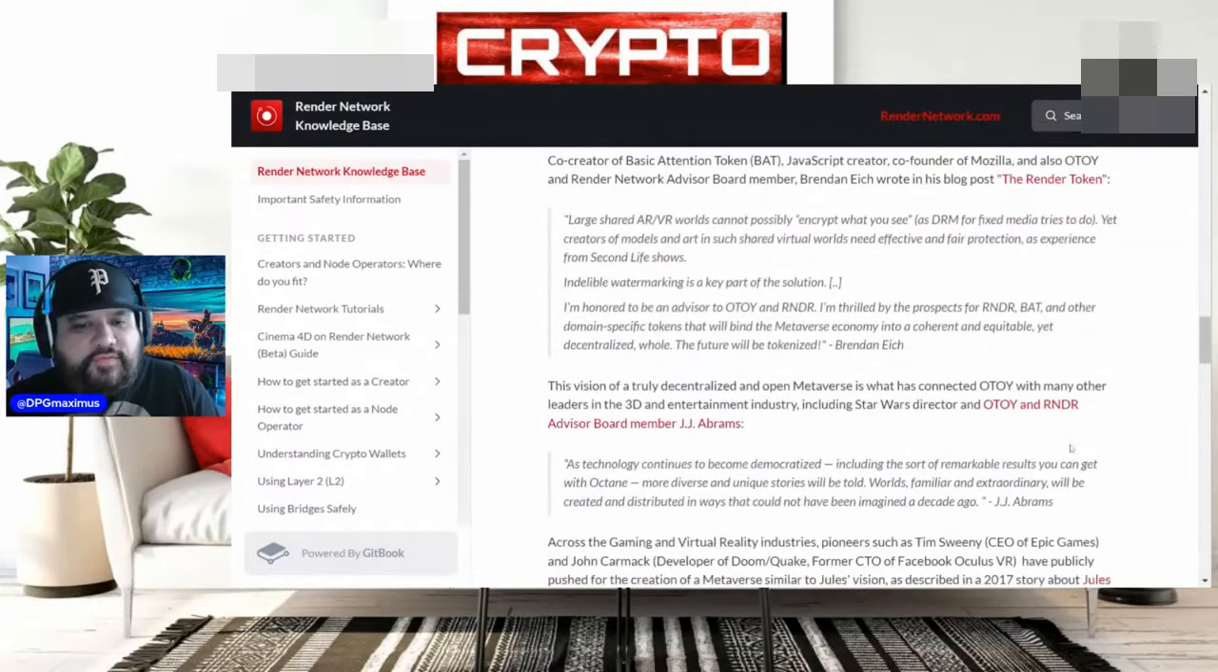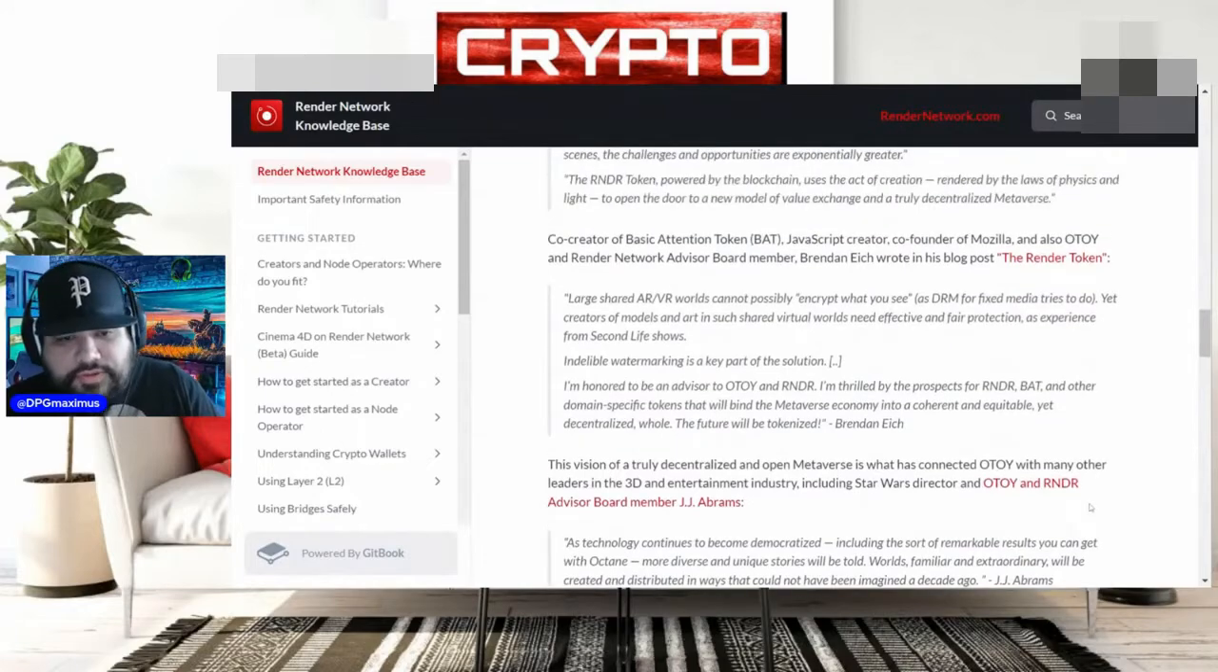And in that video, he also mentioned Basic Attention Token. Now, this is something we don't really talk about much, but every now and then somebody brings up BAT. So, in regards to that, the co-creator of Basic Attention Token, JavaScript creator and co-founder of Mozilla, remember Firefox, and also Otoy and Rndr Network Advisory Board member, man, that's a lot to mention, Brendan Eich, wrote in his blog post